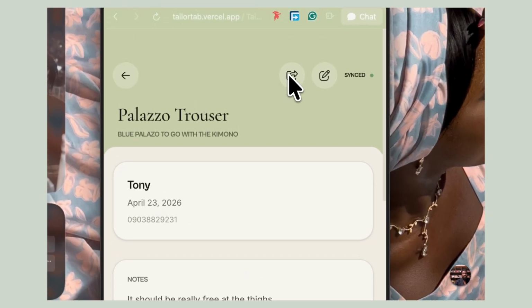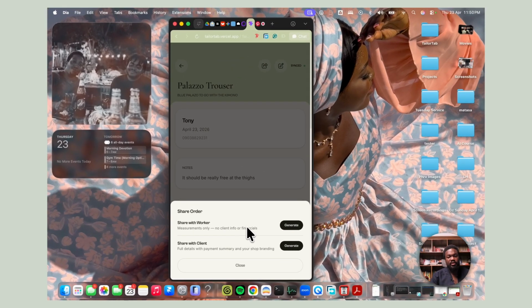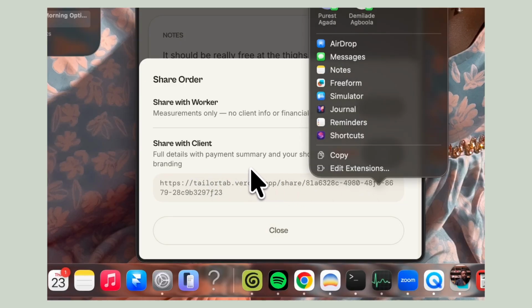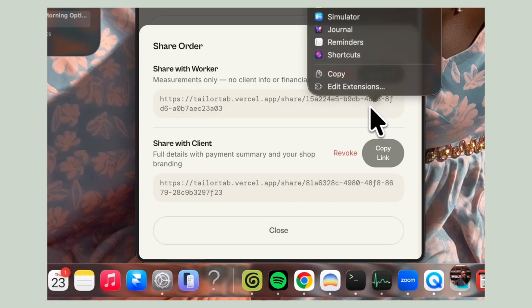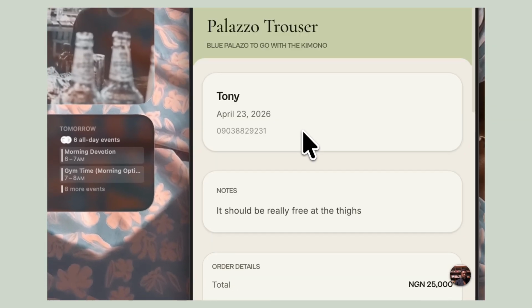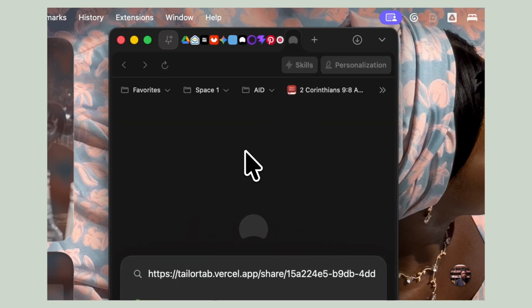Now, another thing you can do is share with your workers or people in the cutting room, the other people who work for you that you want to cut. You can show your clients. So when you click, it generates a new link that you get to share with your clients. And when you come here, basically the same thing. So if I take that link and come here,